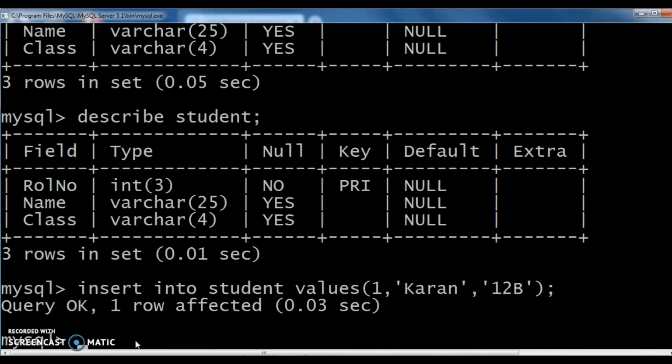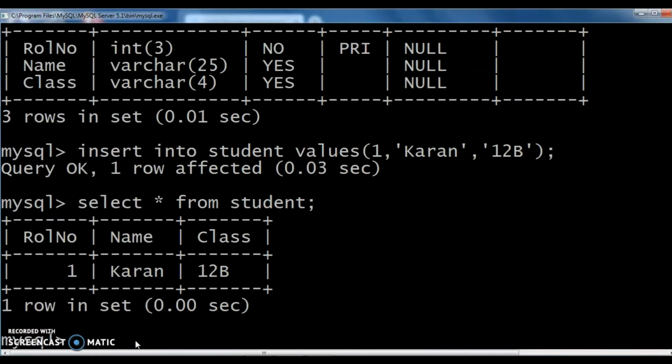Clear? How can we retrieve this data from this table student? For that, we can use select query for retrieving data from the table student. Select star from student. Okay, clear? Likewise, we can insert the values to this table student.